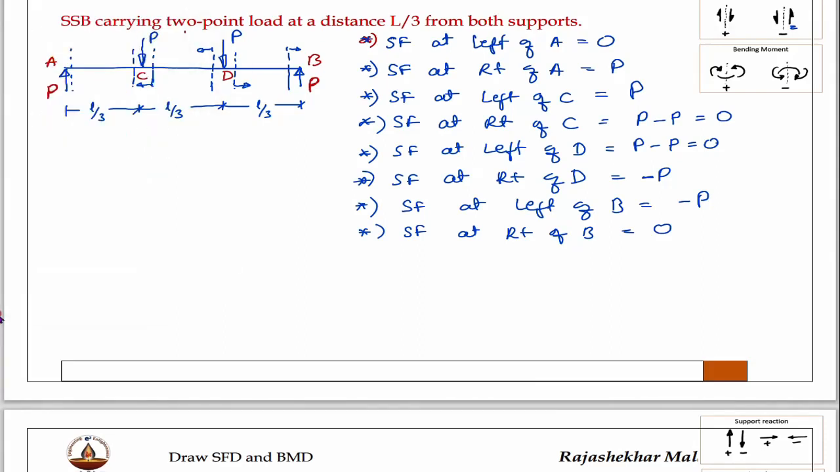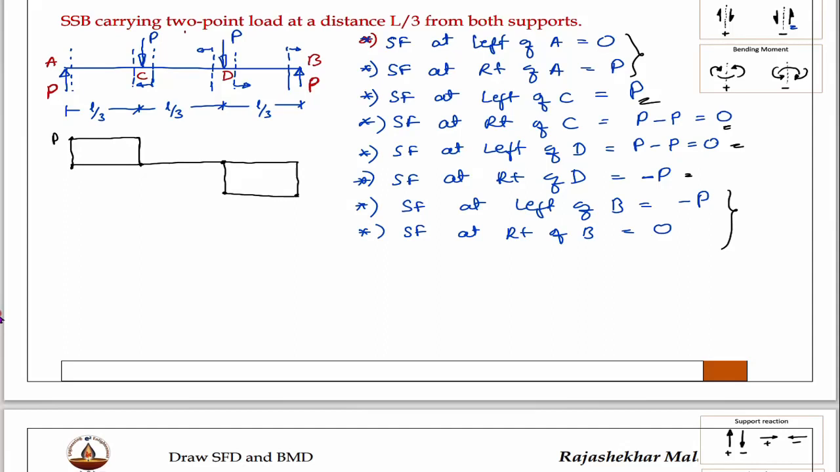The shear force diagram is, at this point, 0 and P. At C point we have P and 0. At D point we have 0 and minus P. And at B point we have minus P and 0. Now here this is like this and this is like this, because here it is 0, and anywhere